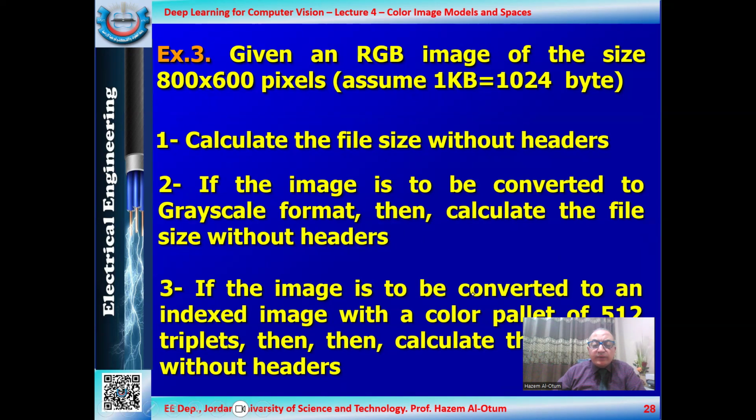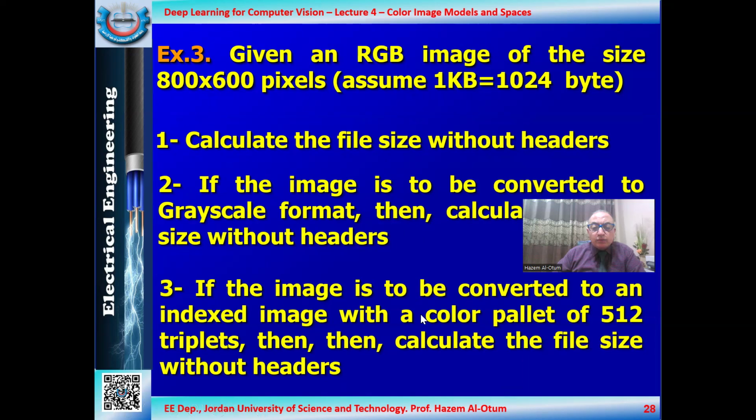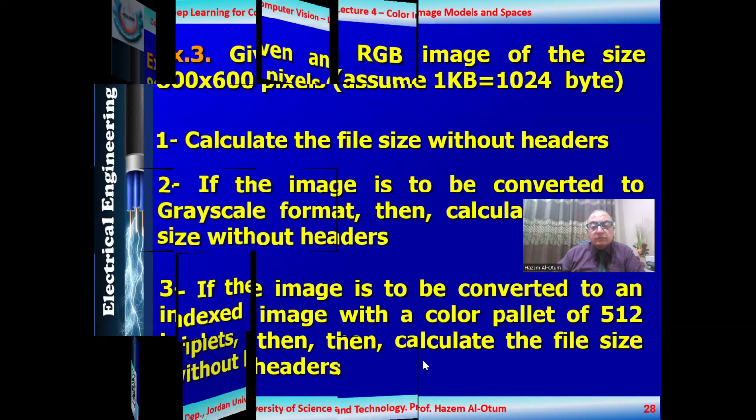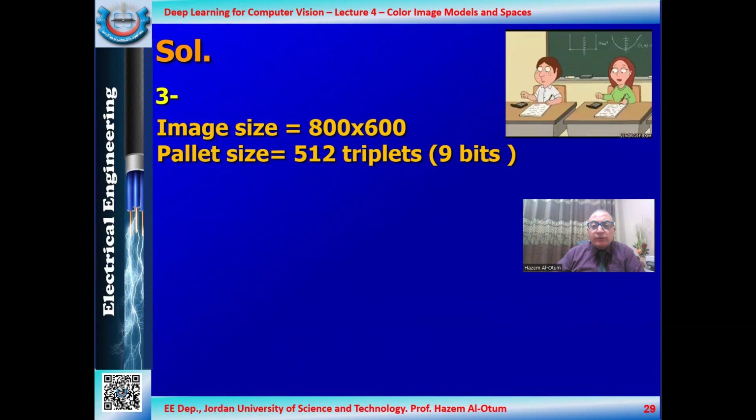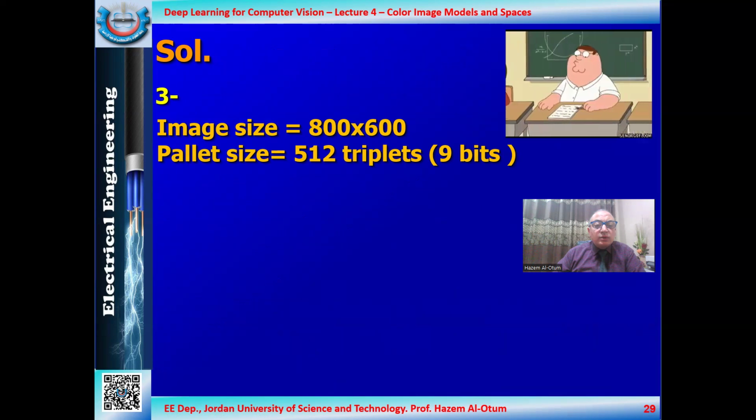Now, if the image is to be converted to an indexed image, and in this case we want to use a color palette of 512 triplets. 512 means that the matrix size is 512. This is converted into 9 bits because 2 to the power 9 gives us 512. Then calculate the file size without the header again. I'll keep parts 1 and 2 for you to solve. Now let's go to